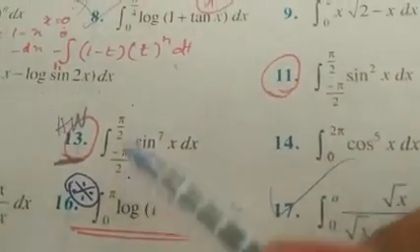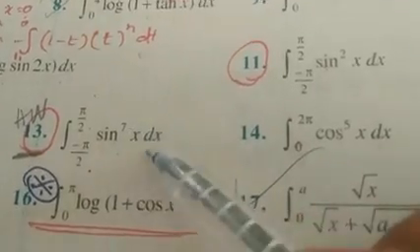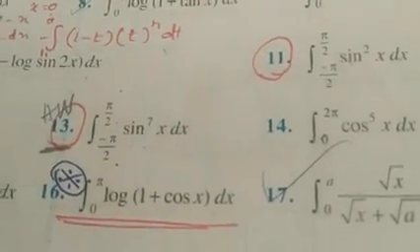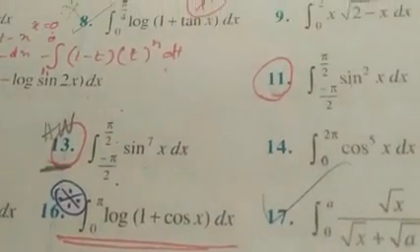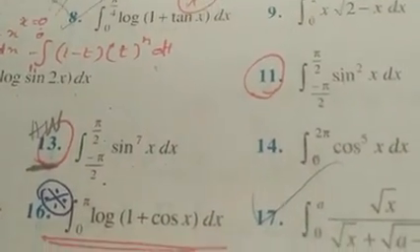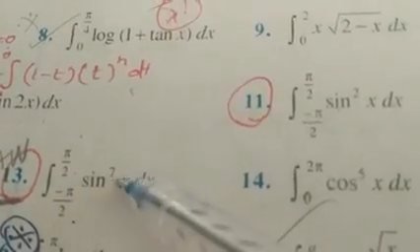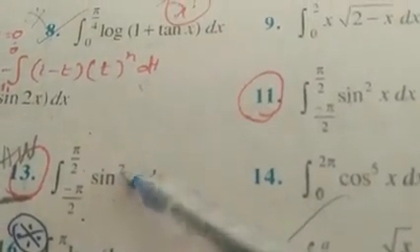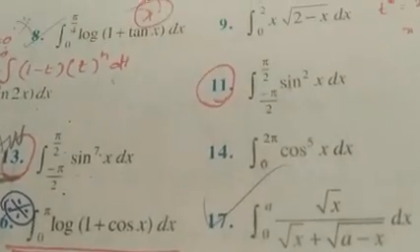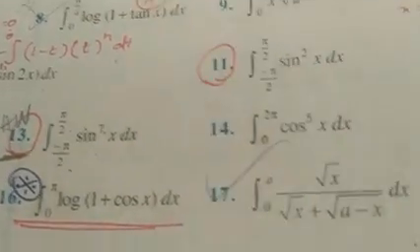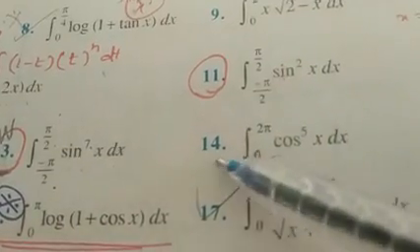The next question, the 13th question, is a homework sum. It's the integral from minus pi by 2 of sin power 7x dx. Here it is from minus a to a, so you can apply the odd function or even function test. As I told you, here the power is 7, therefore when you apply f of minus x you will be getting minus f of x, therefore it is an odd function, therefore definitely the answer is 0.